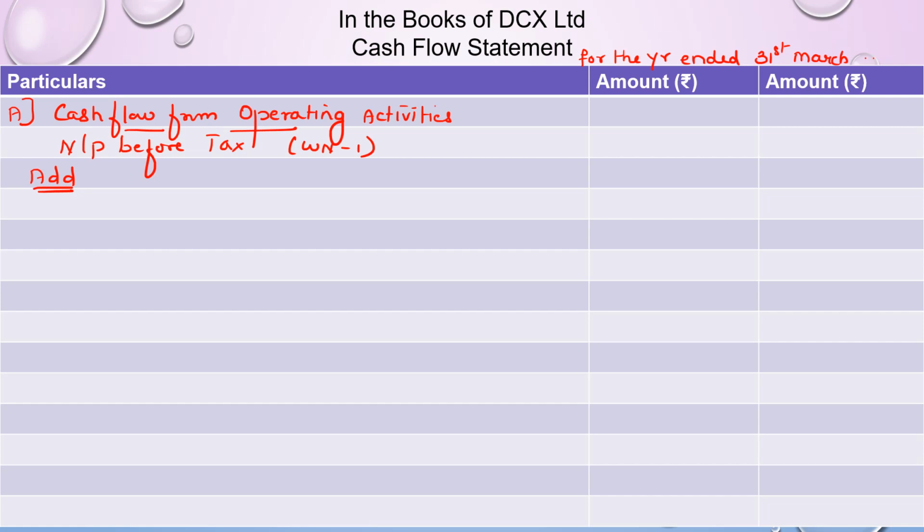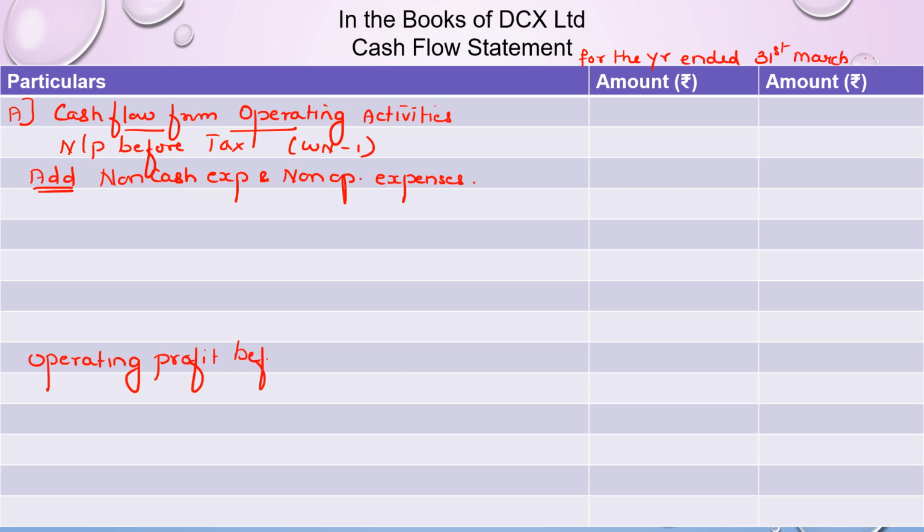So as far as I remember, there was a depreciation which we would add back. There was a non-operating expense of interest on debentures. So we have at least two items. So of non-cash expense, one that was depreciation and one of non-operating expenses that is to be added. And there was also sale of machinery, so there was going to be a gain or loss on sale of that. We will not know till we do the calculation whether there was a gain or loss. So leaving around 3 lines, one line for, in case there's a gain, then we have to subtract, one more line we'll leave, and what we get is called as operating profit